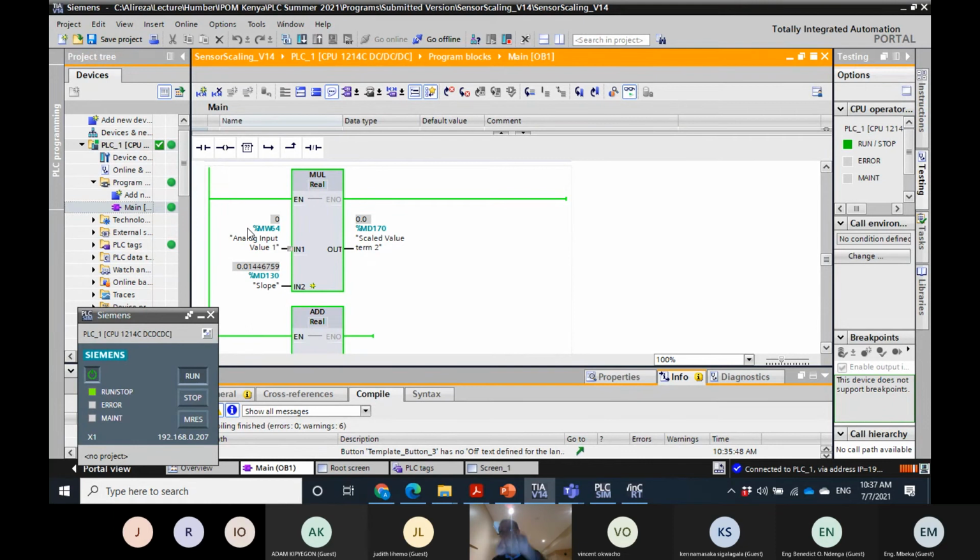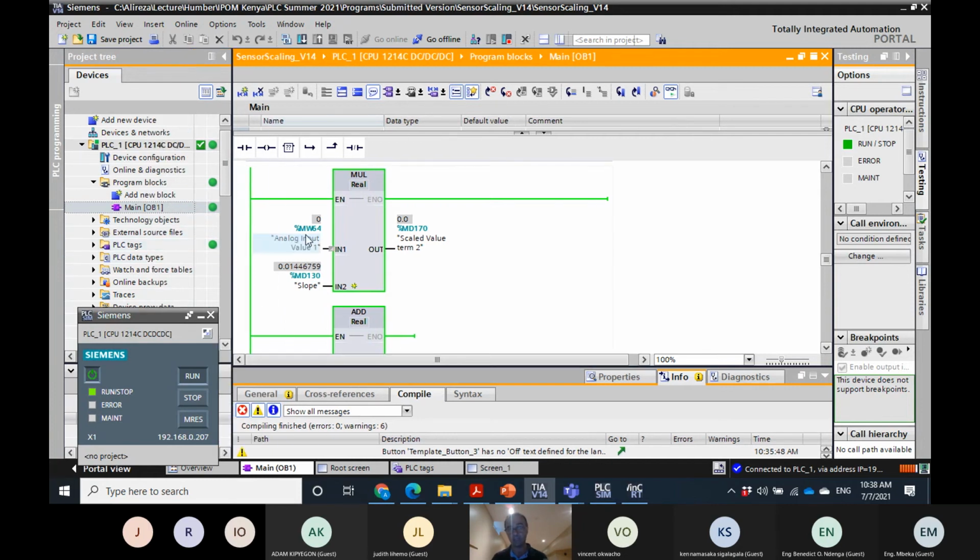Of course, in the program that you have on the site, it is IW64 because it's based on using the trainer. If you're going to use that as a simulator, just change this to IW64. To do that, let me show you again. Here in the PLC tag, it's better. You can change that here, but if you use this variable anywhere else, you should go to all those points and